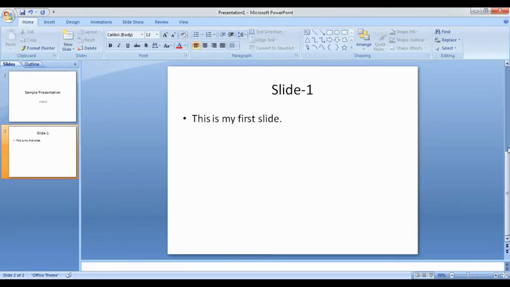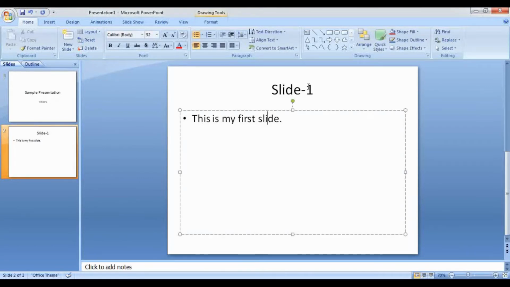Now coming to the main option, that is how you are going to apply animation to your slide, how you will make your presentation more interactive and attractive. Now let us do that. I'll be applying my options on my first slide. If you look here, my slide right now looks very plain.